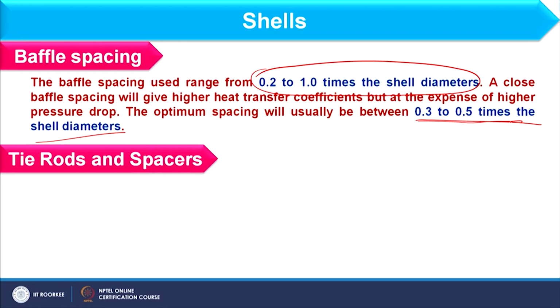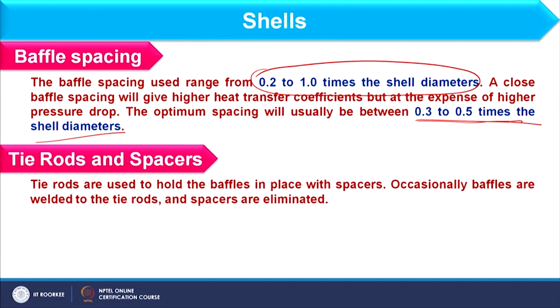Next is the tie rods and spacers. Okay. Spacers are basically the distance between two baffles, and it will depend on the baffle spacing, right. So, depending upon the baffle spacing you can choose the spacers. However, tie rods will depend on the diameter. Okay. So, tie rods usually hold the baffles in place with spacers, because spacers we insert on rods, not on tubes, and occasionally baffles are welded to the tie rods, and in that case spacers are eliminated,